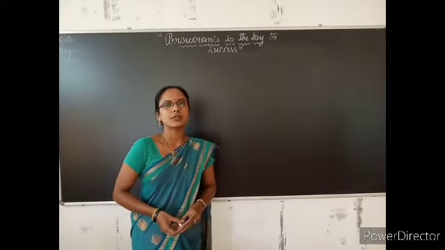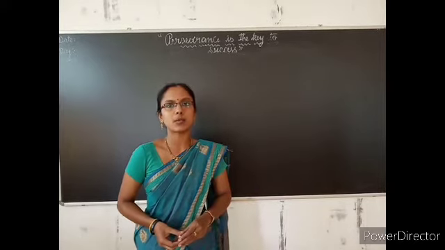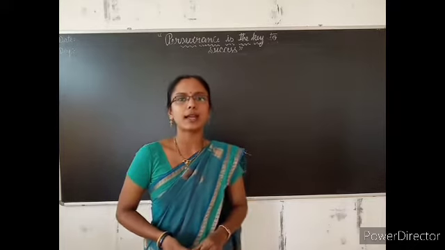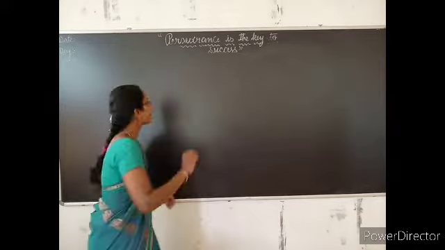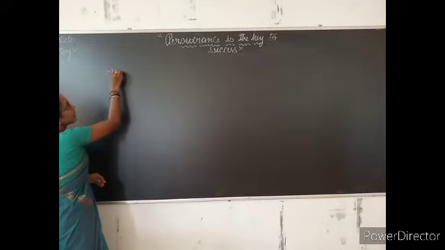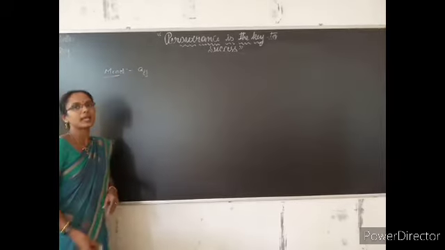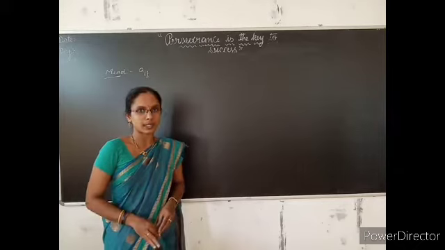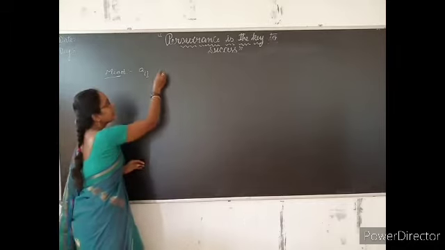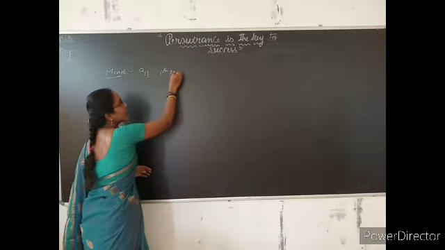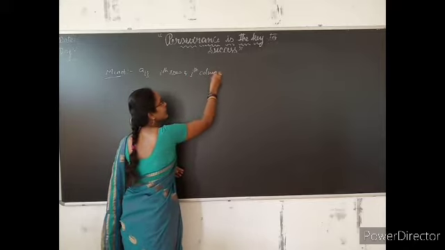So in this section we will learn to find the expansion of a determinant in compact form using minors and cofactors. Let's define what a minor and a cofactor are. The minor of an element Aij of a determinant is a determinant obtained by deleting its ith row and jth column.